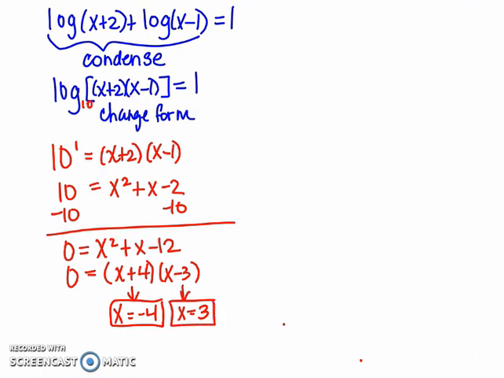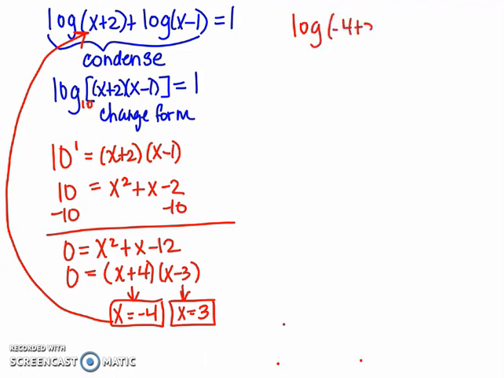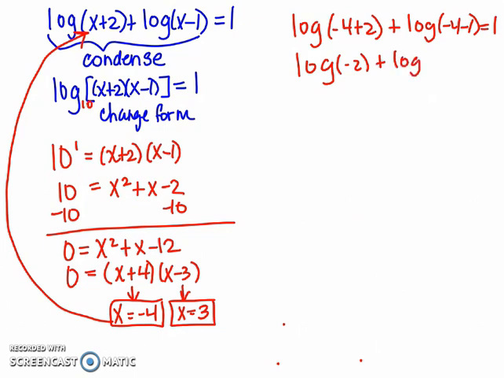Now, we have to be very careful because we have a logarithmic equation. We have to plug these back in and check them. And the problem is when you plug x equals negative 4 back in, it does not work because this would give you log of negative 4 plus 2 plus log of negative 4 minus 1 equals 1. This ends up being log of negative 2 plus log of negative 5. And as we know, we can't take the log of a negative number. So this gives me no solution, and I